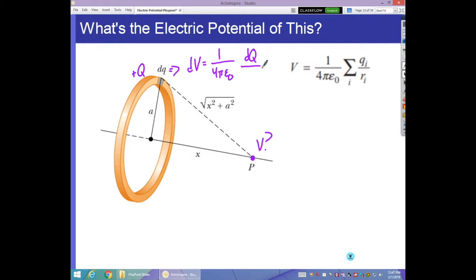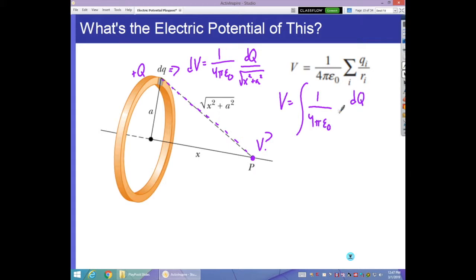And now in this case, my radius, I happen to know, is just the square root of x squared plus a squared. And what's nice about this is I don't have to do any sines or cosines. I don't have to find vectors because this is not a vector. So if I want to find my final voltage, if I want to add up the influence of all of these little bits of dq,